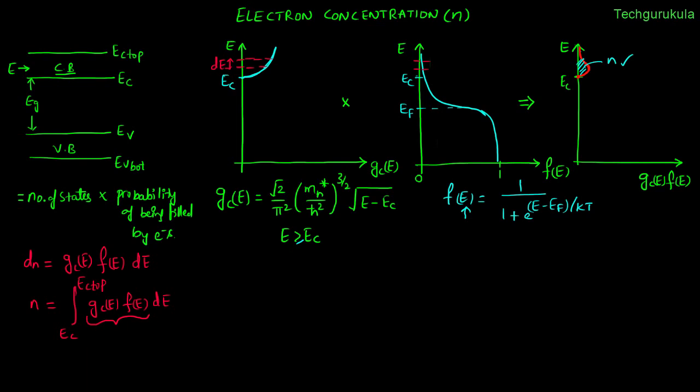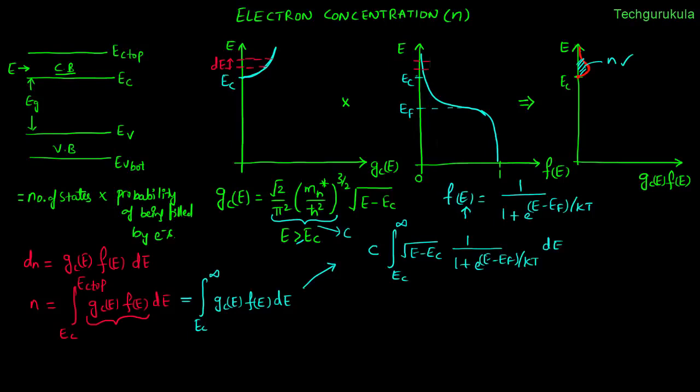So I'm going to rewrite this expression, given the integration is from EC to infinity, and we have this function gc of E times f of E dE. For simplicity, let me take these constants to be a value c, and I'm going to write this expression by substituting the functions gc of E and f of E, so that this integral would become